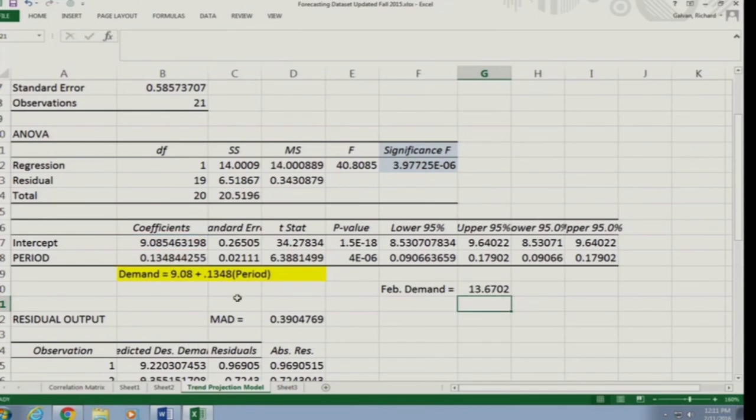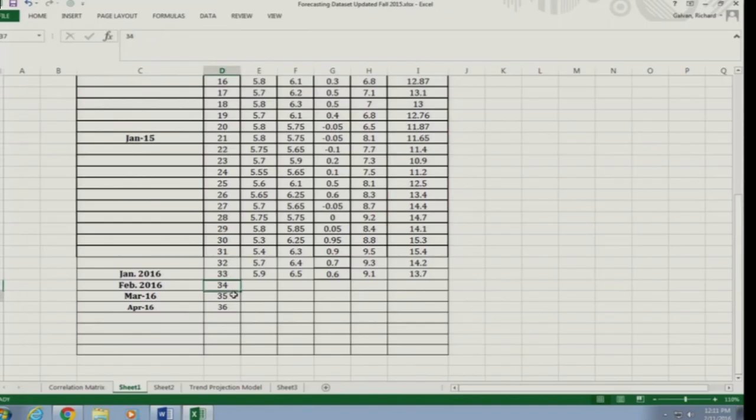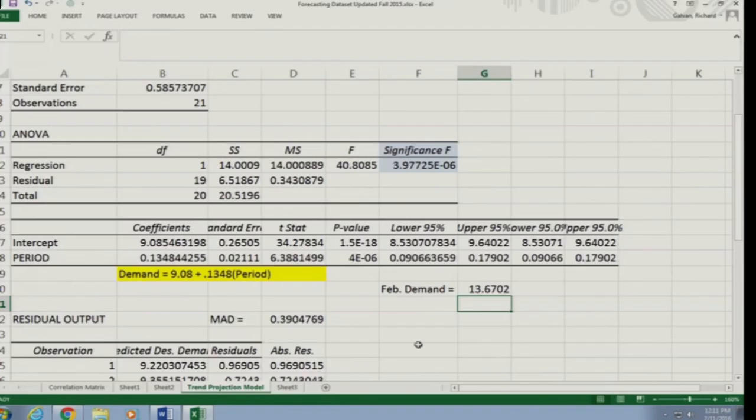I used 34 because for your data set you have to use 34, 35, and 36. So here's one of the three forecasts for February,